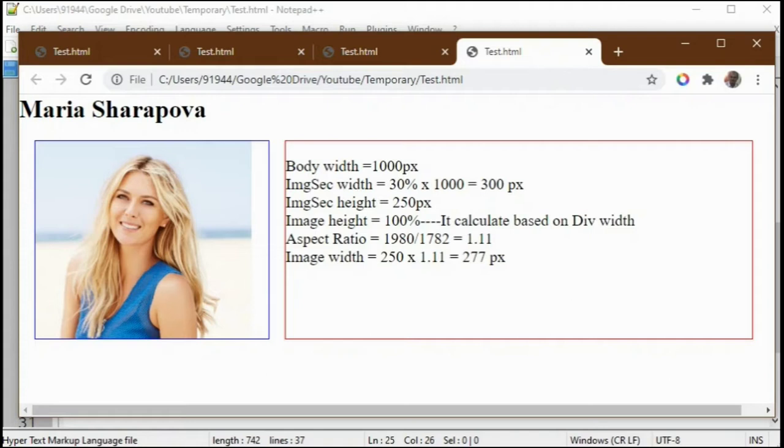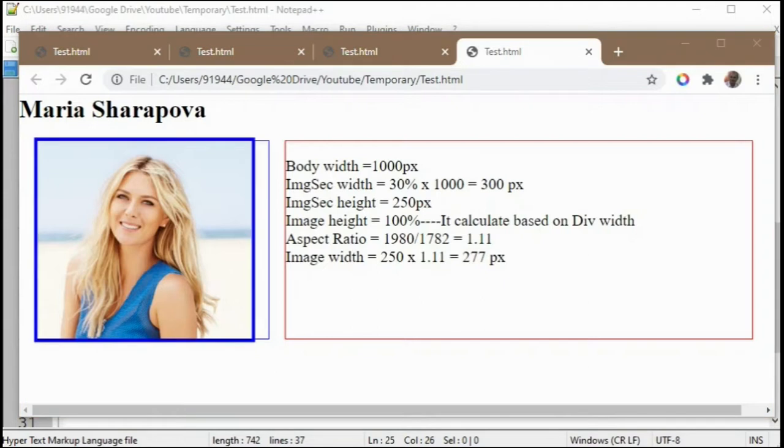But on the width side, you can see our image height will be 250 px and the aspect ratio between height and width is 1.11 times higher than the height side. So the image width will be our height of 250 px into 1.11, which is 277 px only. So our image width is reduced to 277 px and around a 23 px gap is formed in the division section.